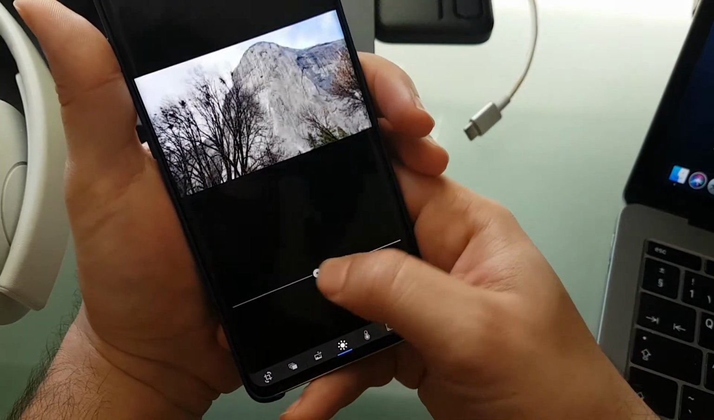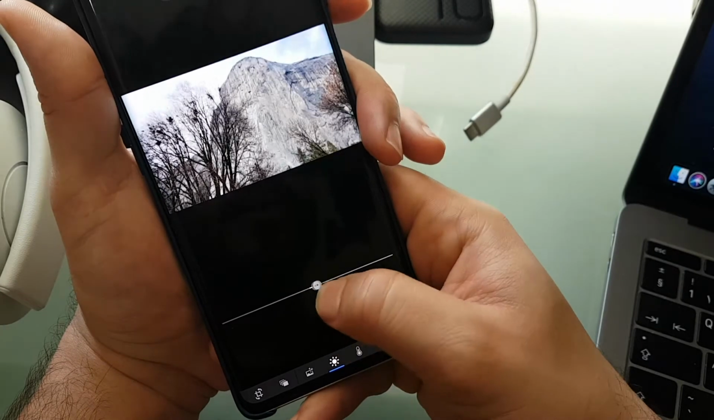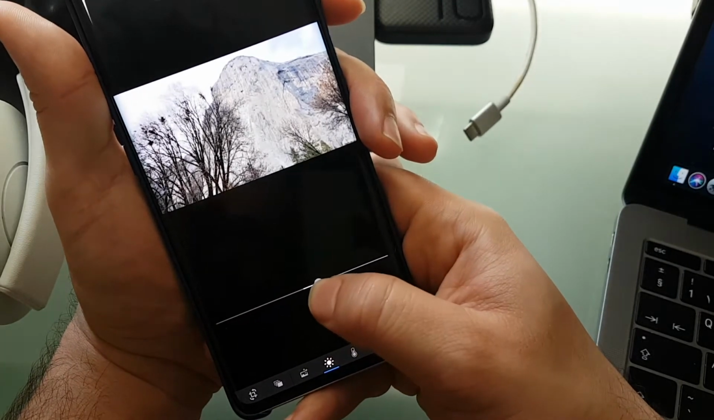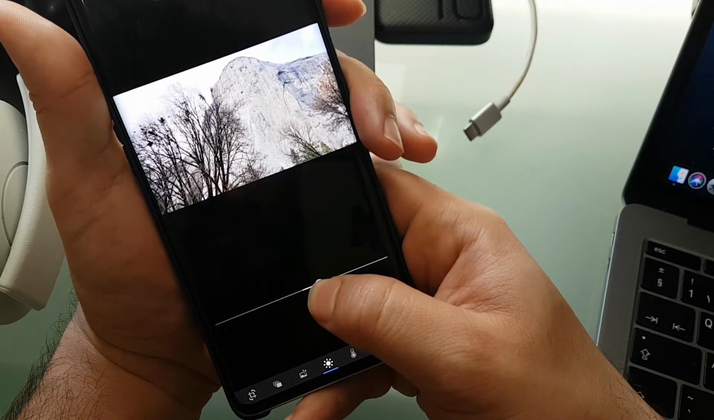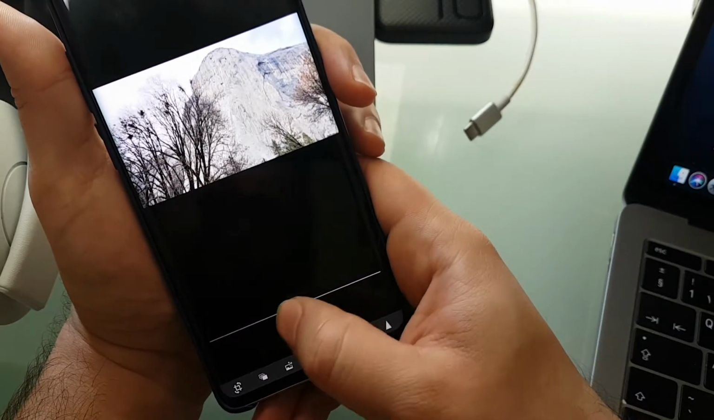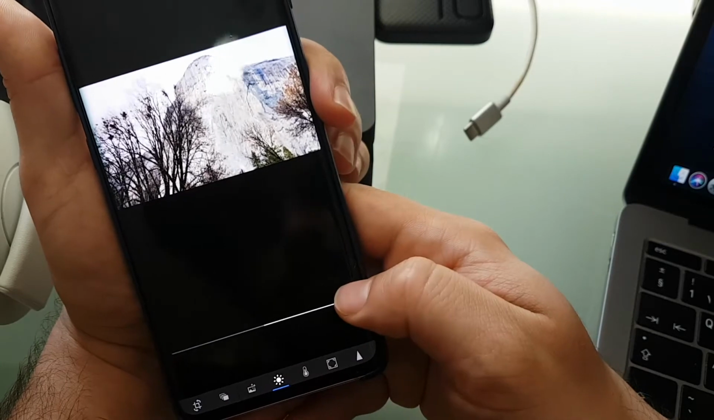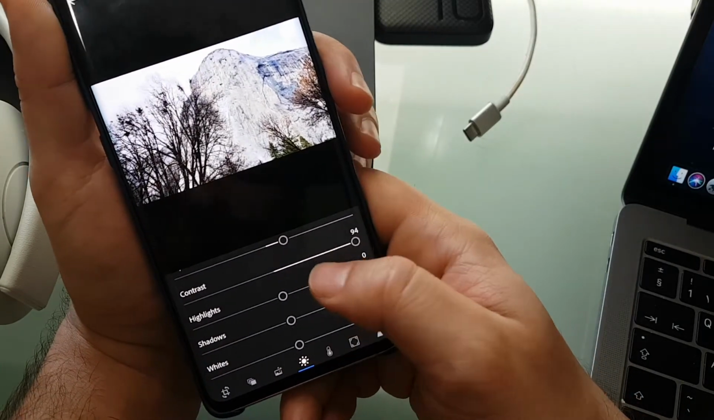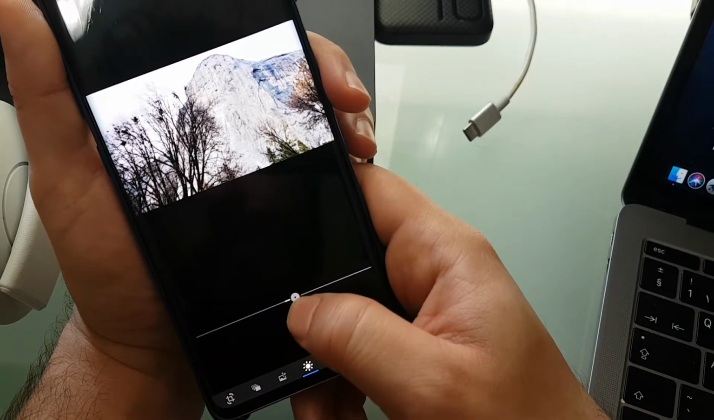So let's start from the first one, the brightness. I think from this, the exposure is better. Okay, now it's okay. Let's go to the contrast. Let me make it maximum. The highlights,